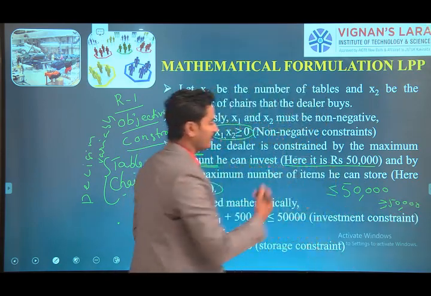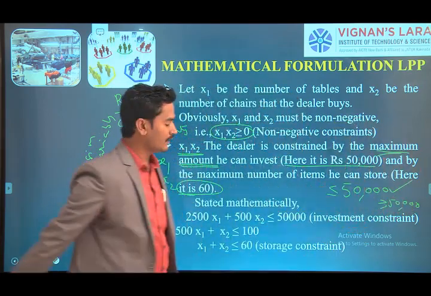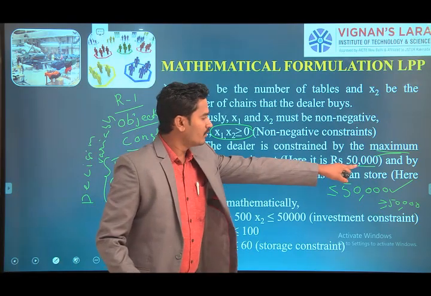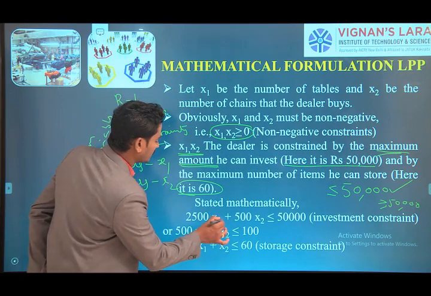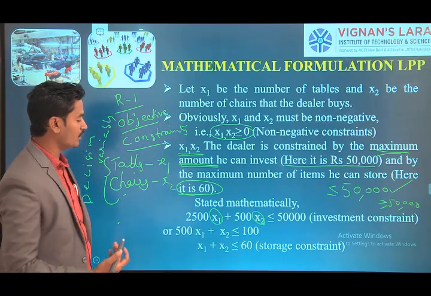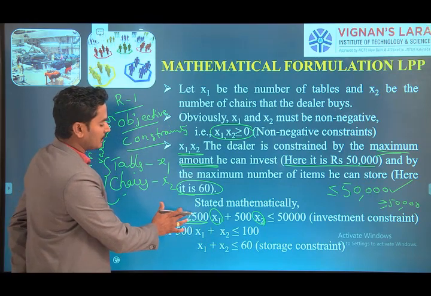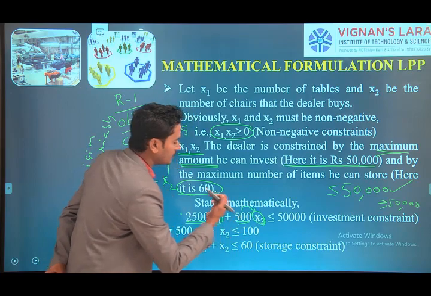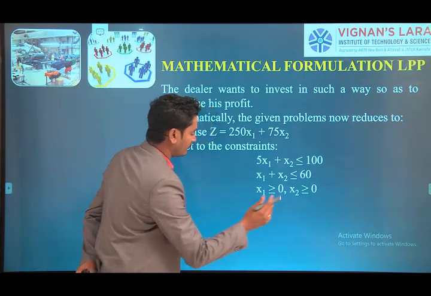Okay, there they are given already that it is a maximization type. That's why we are taking less than or equal to type constraint. Here I wrote how many with the worth of 50,000. How many they are going to purchase? They are going to purchase x1 tables, x2 chairs. Then we don't know how many quantity. So here what is the 2,500? 2,500 is the cost of the table, 500 is the cost of the chair. Okay, our investment constraint is 50,000 rupees.